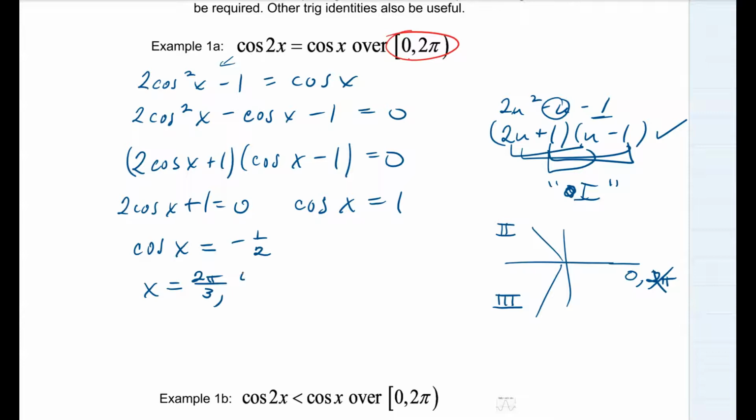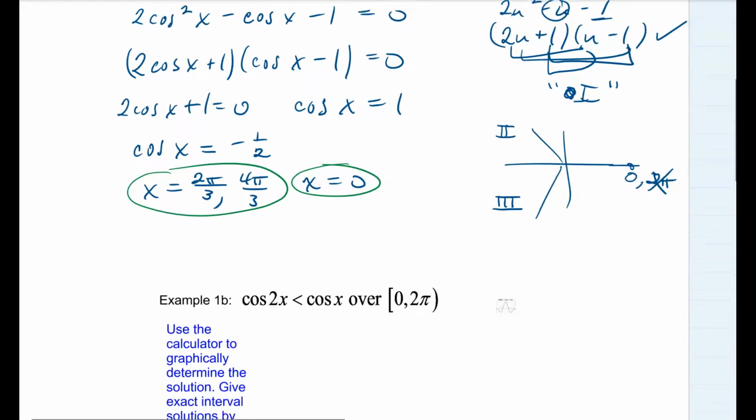And then the other angle is 4 pi over 3. And then x must be 0 over here if we're going to have cosine of x equal to 1. And so we have our three solutions to this first trig equation that involved a double angle in this case. Now we can move on to solving the associated